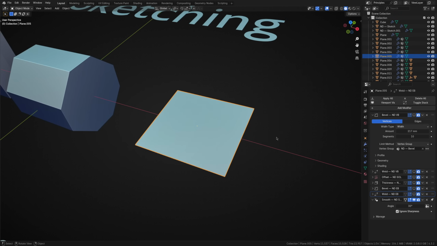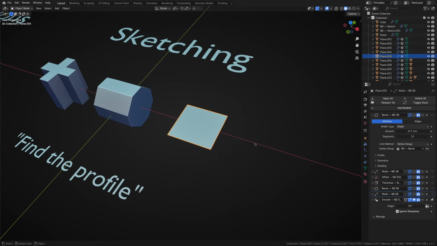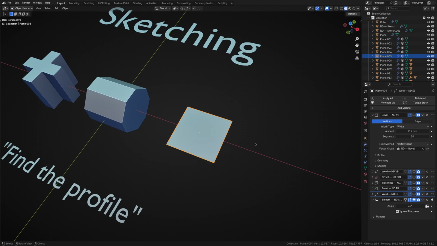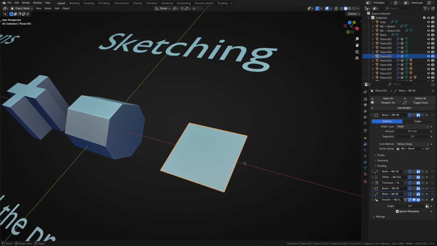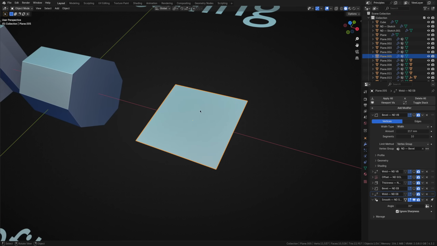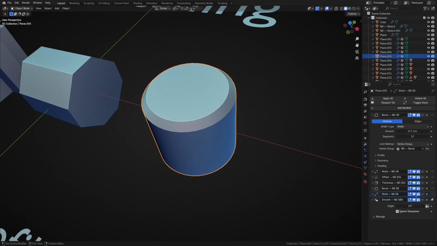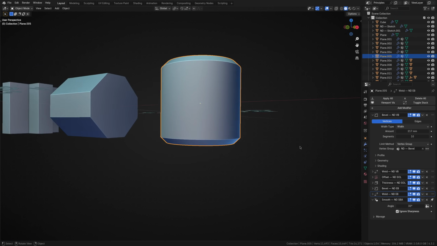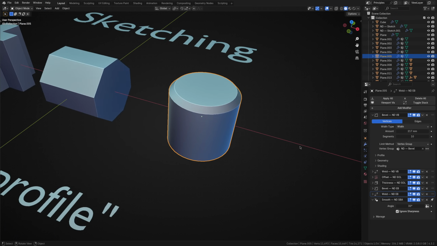If it isn't clear at this point in the video, I'm illustrating what you should be doing, either typically in your mind or on paper. The fact that I have these objects already set up and modeled in Blender is just so that we have a visual reference to work with. In a real-world application, when you're ready to model, the geometry you'd start with is this plane. The operations you'd then perform would slowly evolve this plane into its final state, in this case, the chamfered cylinder. If it doesn't make sense just yet, hang in there. I'll go through a working example at the end of the video.